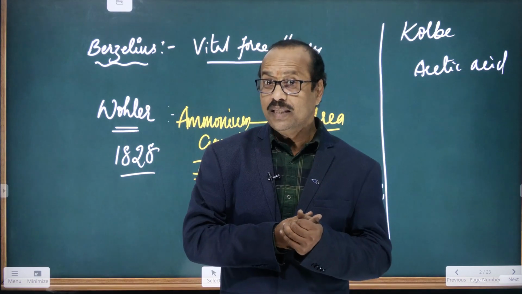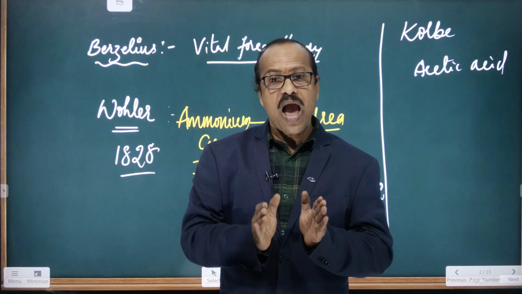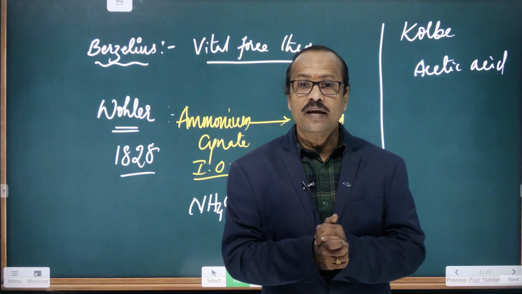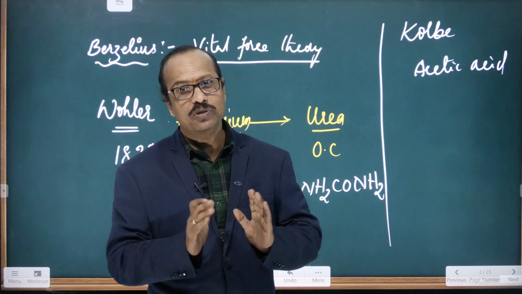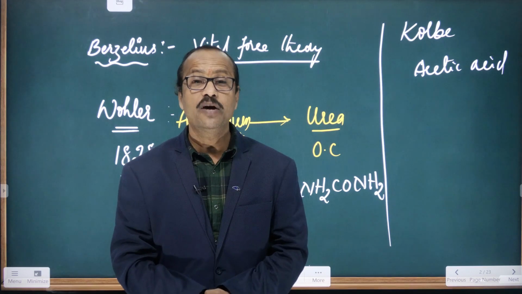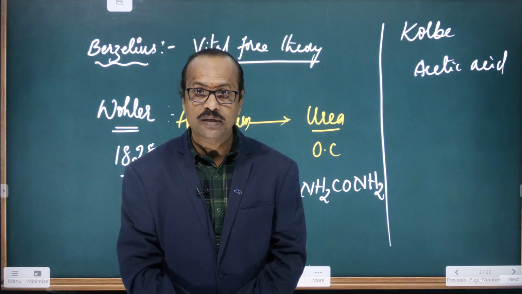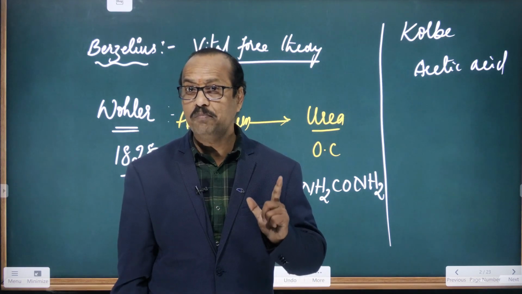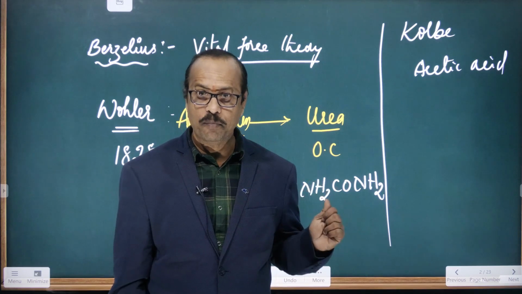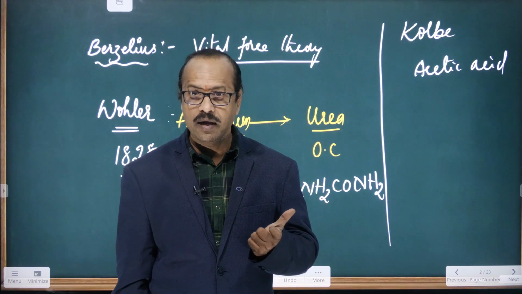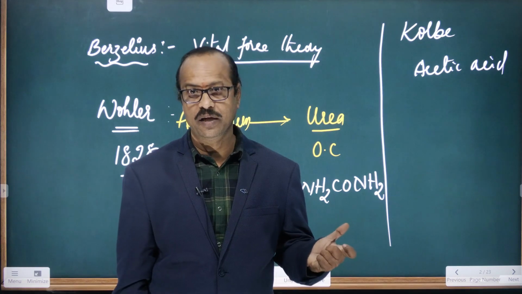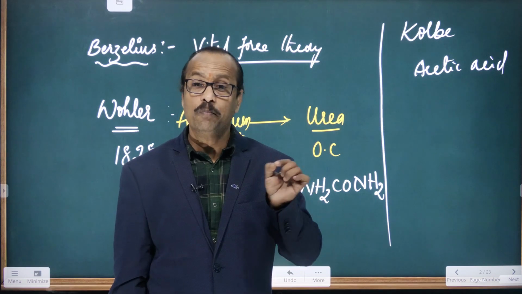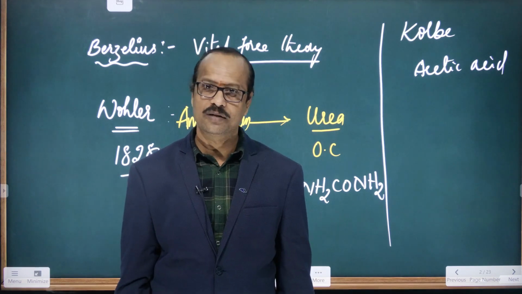Is this clear? In that way, as of today, more than 5 million compounds are prepared. How many? 5 million. 1 million is how much? 10 lakhs. 5 million is what? 50 lakhs. So more than 50 lakhs of organic compounds are prepared in the laboratories artificially. Okay. So how many compounds are there now? More than 5 million. Means what? More than 50 lakhs. Understood?